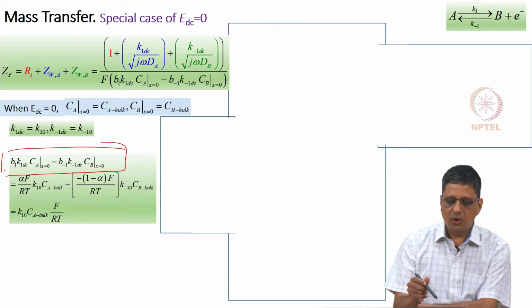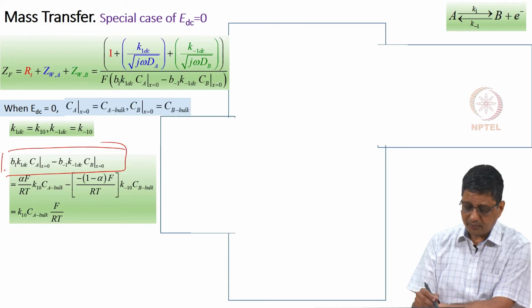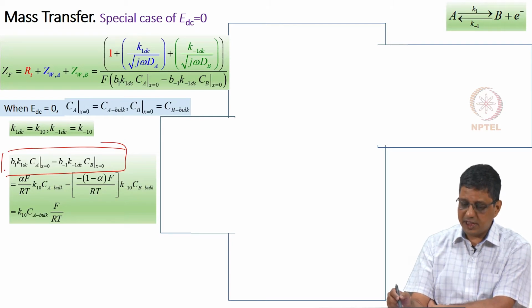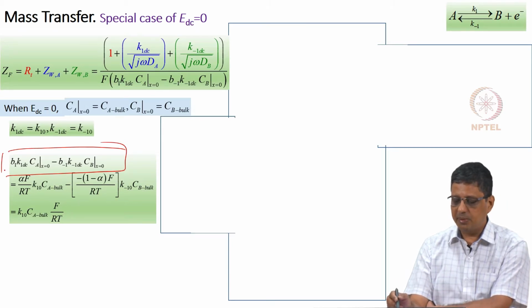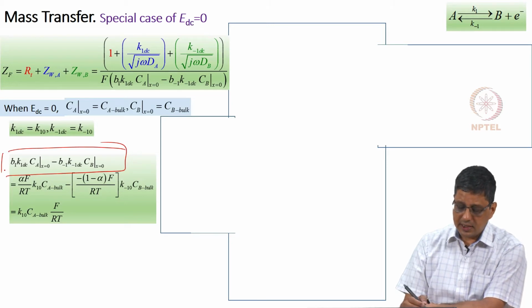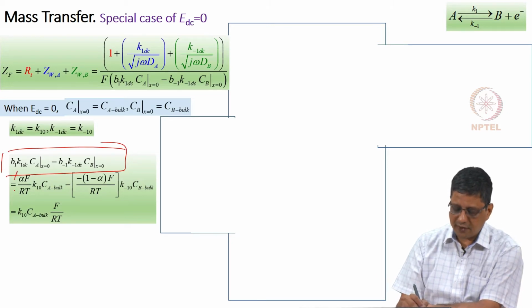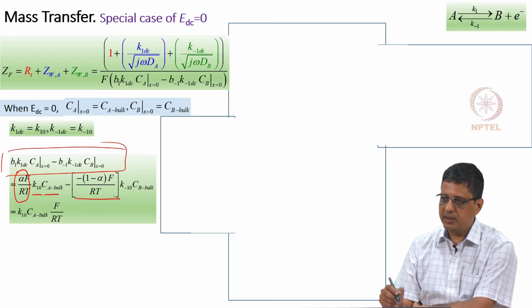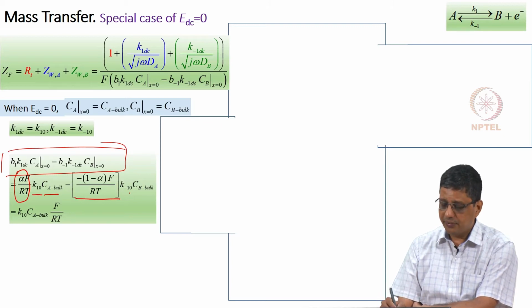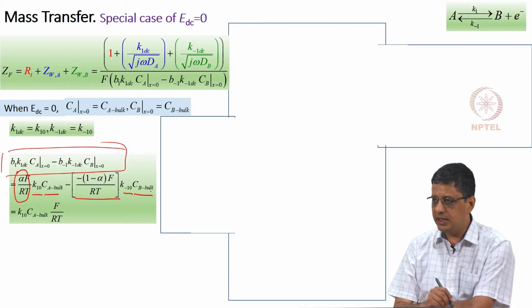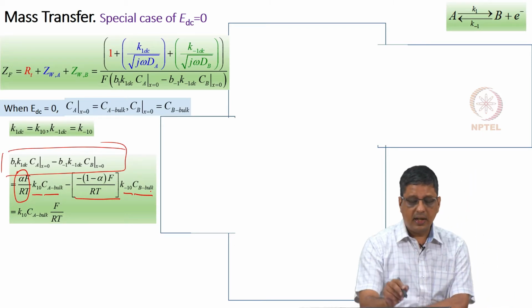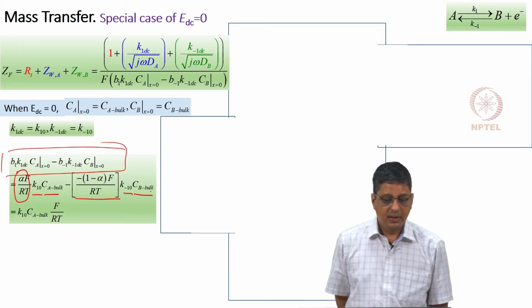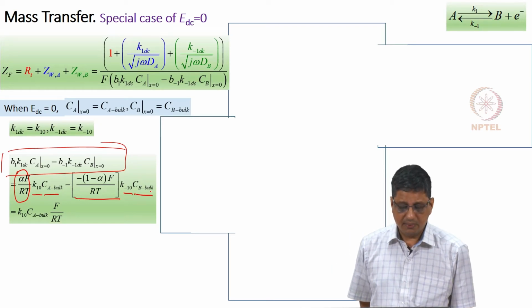Okay. So, when you look at this, we can write the expression b1 k1d C_A at x equal to 0 minus b_minus1 k_minus1d C_B at x equal to 0 equal to 0. Here b1 is alpha f by RT, this is k1d, this is C_A at x equal to 0, and this is b_minus1, k_minus1d and C_B at x equal to 0. And after rearranging,